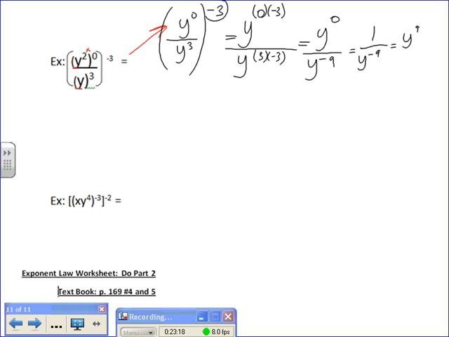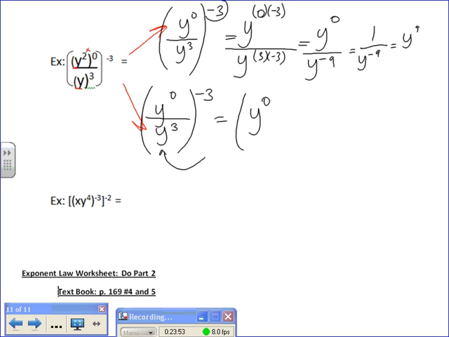That's one method. Another method that we might have used to solve this problem is to, again, work from the inside out. So we could multiply the 2 and the 0 so that we get y to the 0, okay, over y to the 3, all raised to the negative 3. And then we could have simplified inside our brackets. We could have recognized that we have the same base, y and y. And when I'm dividing two powers with the same base, I can subtract the bottom exponent from the top one. So this is the same as